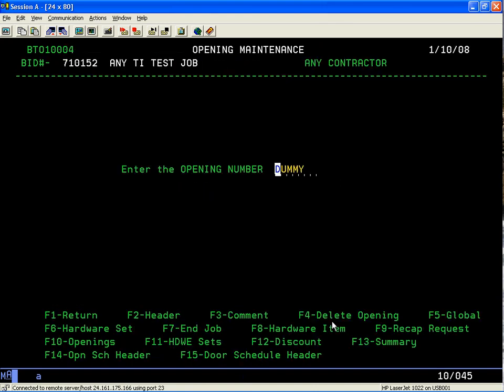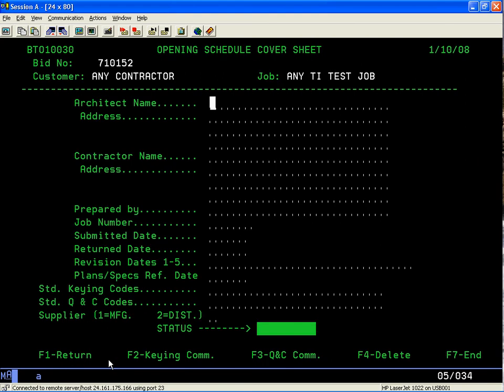My submittal is almost finished. I want to go into the opening schedule header for my submittal. So that's F14. That's Shift F2. And I'll put in the architect's name, their address, my contractor's name, prepared by me. The job number is 710152. Date submitted 11008. And when I get the submittals back,